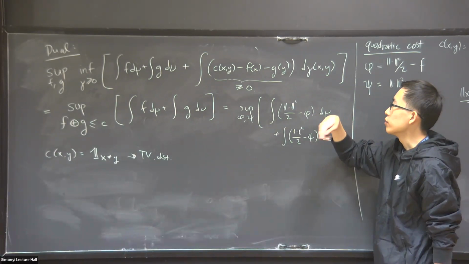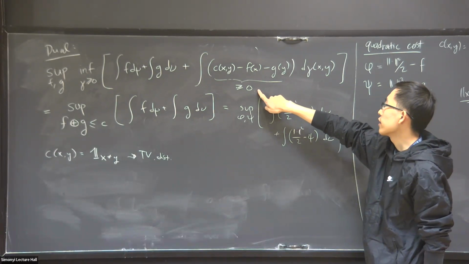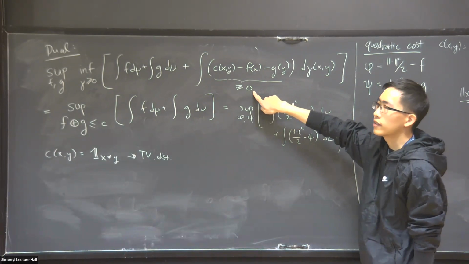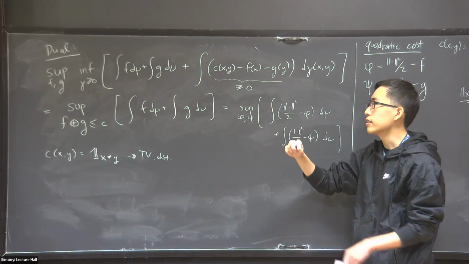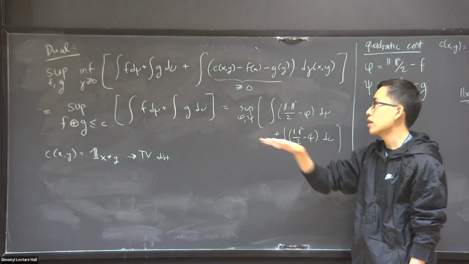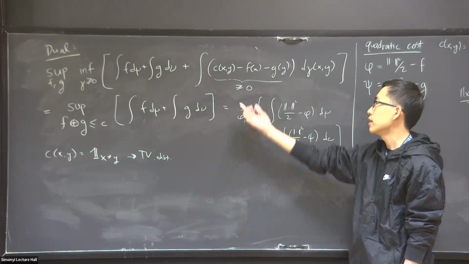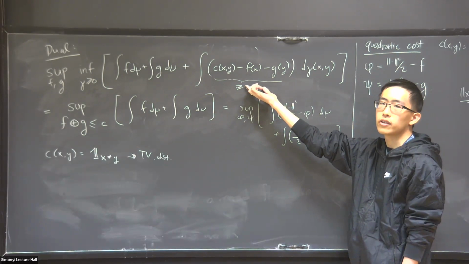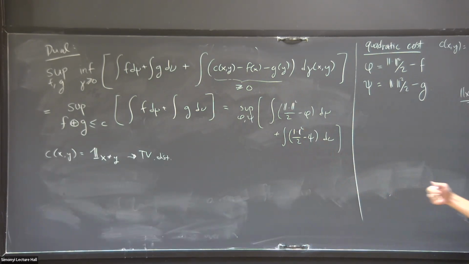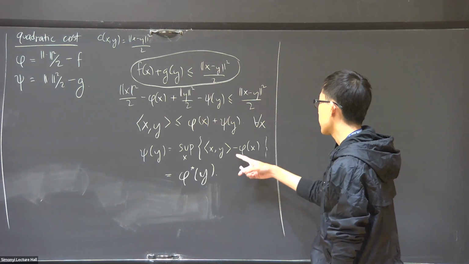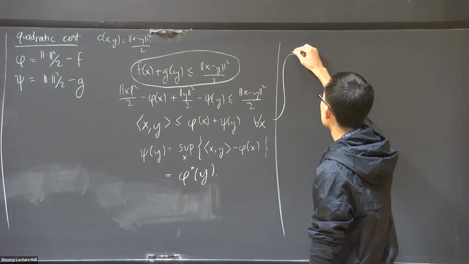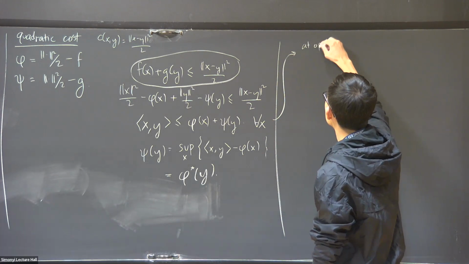Okay, so if this is strictly bigger than 0, then there will be a gap between the primal and the dual. But because the optimal primal value equals the optimal dual value, this thing actually has to equal 0 at optimality. So what does it mean for us to have equality at duality? It means that actually at optimality,